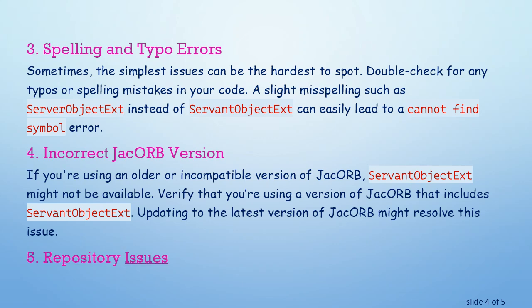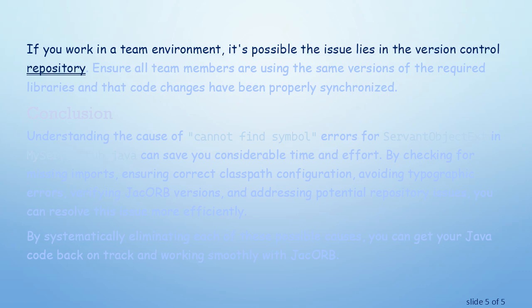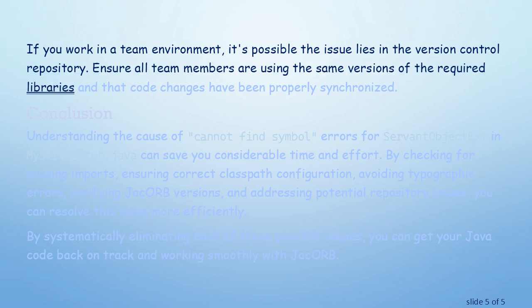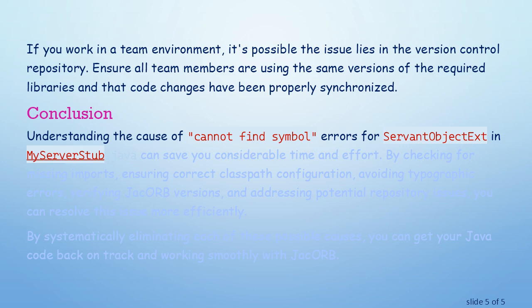5. Repository issues. If you work in a team environment, it's possible the issue lies in the version control repository. Ensure all team members are using the same versions of the required libraries and that code changes have been properly synchronized. Conclusion. Understanding the cause of cannot find symbol errors for ServantObjectExt in MyServerStub.java can save you considerable time and